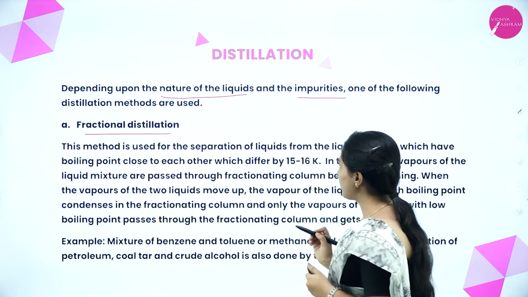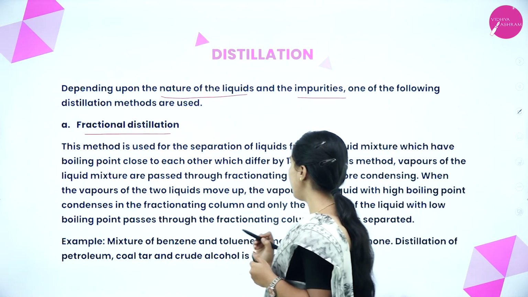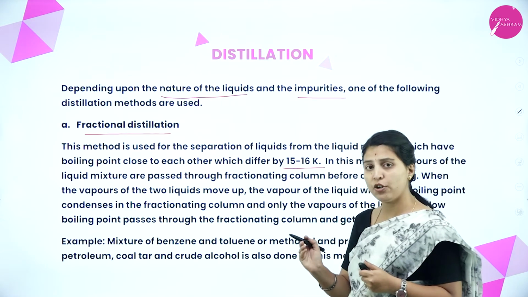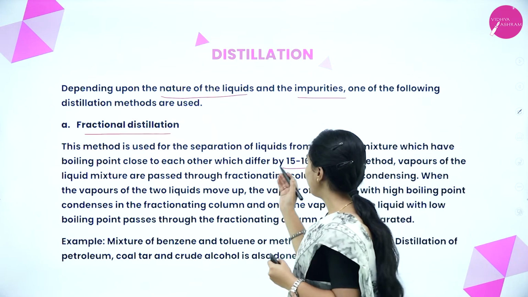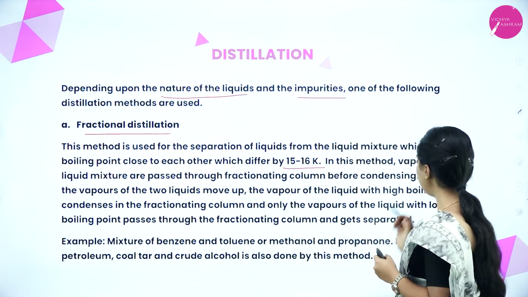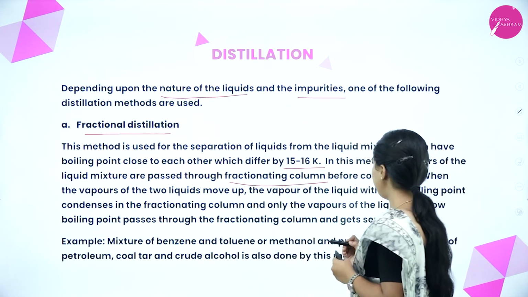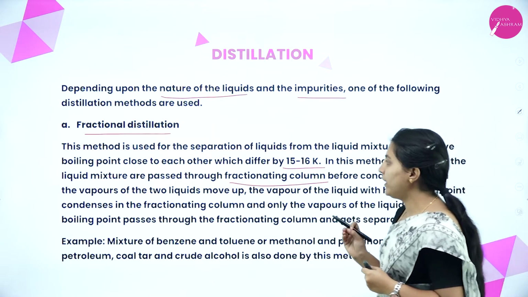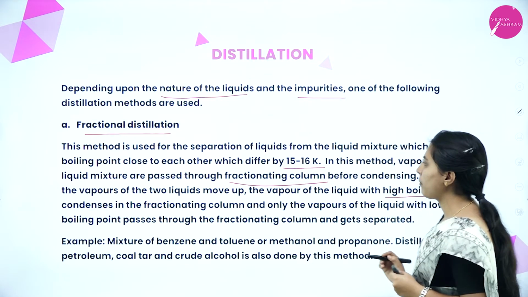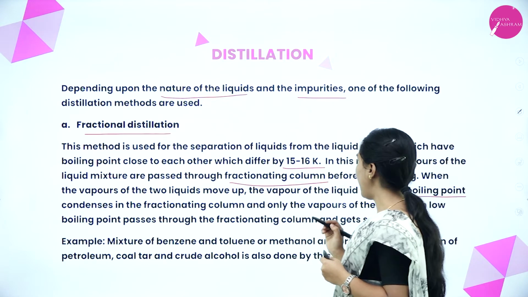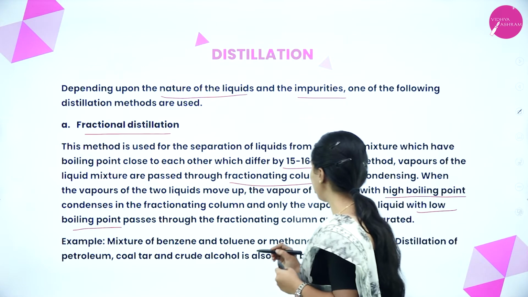This method is used for separation of liquids from the liquid mixture which have boiling points close to each other, which differ by 15 to 16 Kelvin. Here also two liquids will be separated from the mixture having boiling points near 15 to 16 Kelvin. In this method, vapors of the liquid mixture are passed through a fractionating column before condensing. When the vapors of the two liquids move up, the vapor of the liquid with high boiling point condenses in the fractionating column and only the vapors of the liquid with low boiling point pass through the fractionating column